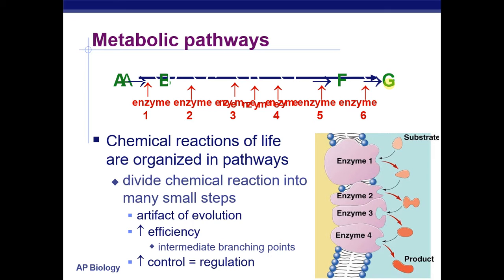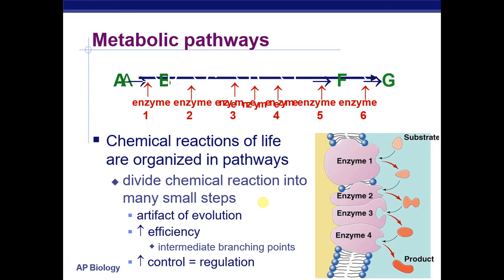So if we look at the picture over here, here are four enzymes that are embedded into the plasma membrane. They're integral proteins, and you can see how the substrate of one ends up going in and is catalyzed to what becomes the substrate of two. And after it is broken down in two, it becomes a substrate in three, and so on and so forth. So it is a very efficient way of making sure that all of the biochemicals that we need